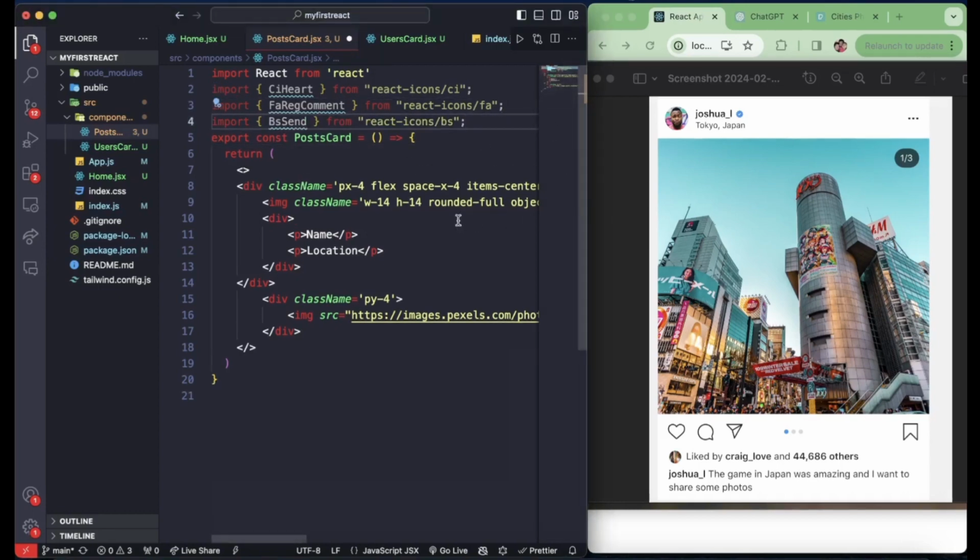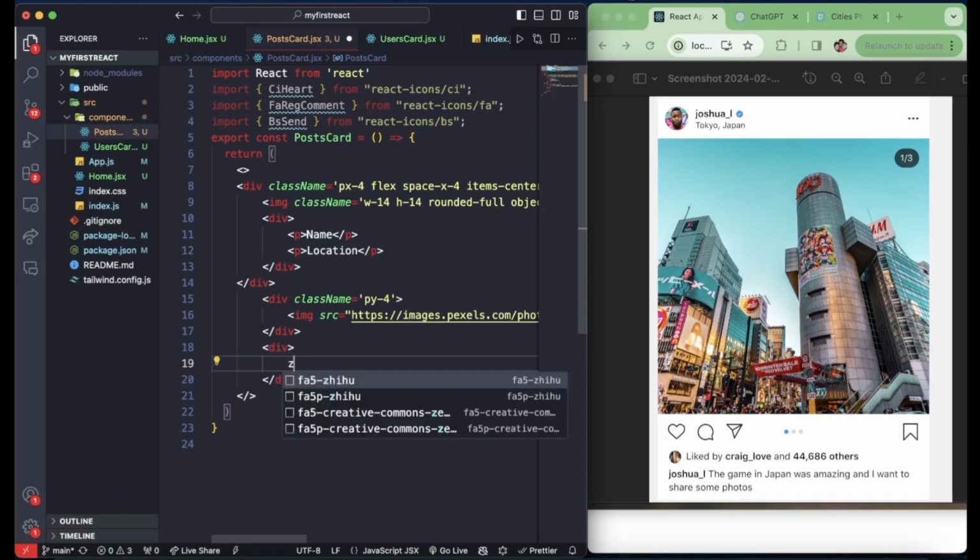Okay, BS send, okay? And we're not gonna do this. That's too much work. And we got a little image here, liked by whatever. Okay, we're gonna use that too. Since we're done with that, under this, we're gonna have another div. This div is gonna be icons div, okay? We're gonna go with